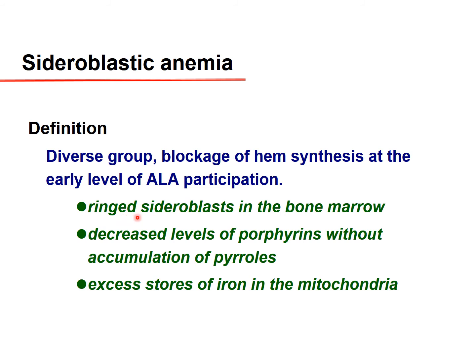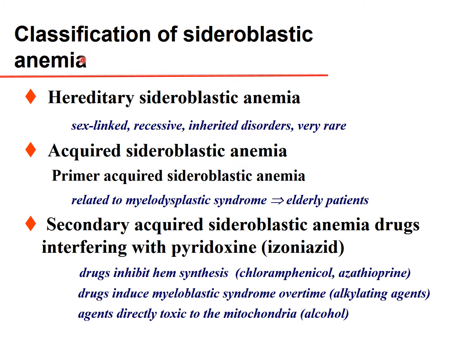In the body, we do have ring sideroblasts in the bone marrow. We do have a decreased level of the porphyrins without accumulation of the pyrroles, and we do have excess iron stores in the mitochondria. Now, the classification of the sideroblastic anemias includes the hereditary sideroblastic anemias, where the sex-linked chromosome, usually recessive,